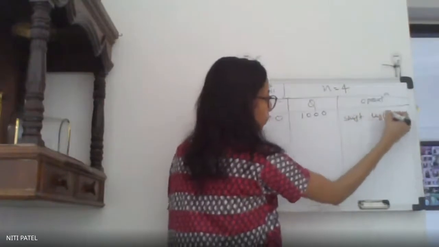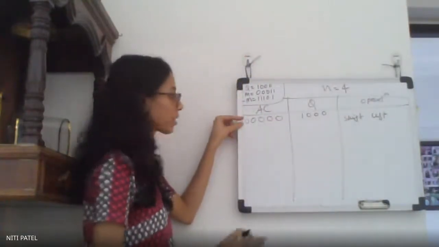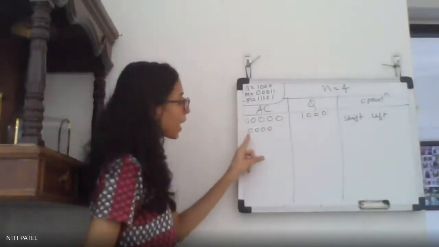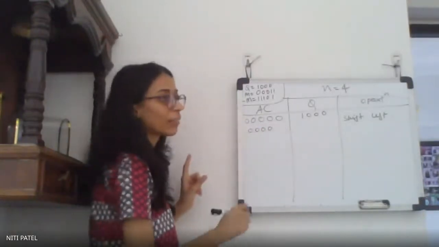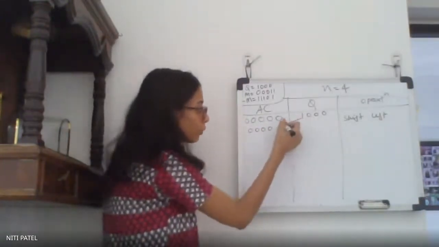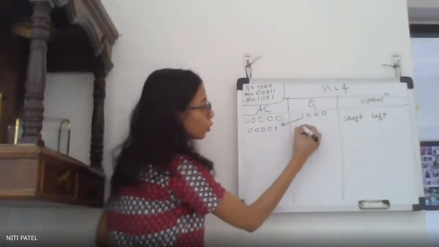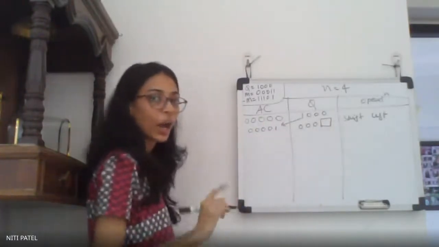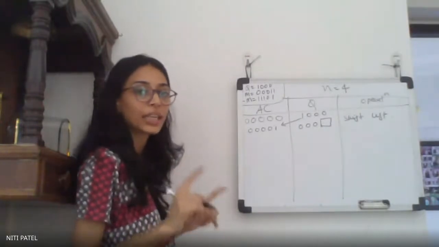So I write the operation as shift left. When I shift left, the first bit is going to get discarded. So I have 0, 0, 0, 0 over here. How many bits are there? 4 bits. How many bits do I want? 5 bits. So from where will I take the 5th bit? I will take it from Q and write it over here. After that, shift Q also: 0, 0, 0. Now, do I have to fill this value right now? No. I have to fill it after I complete AC equals AC minus M.